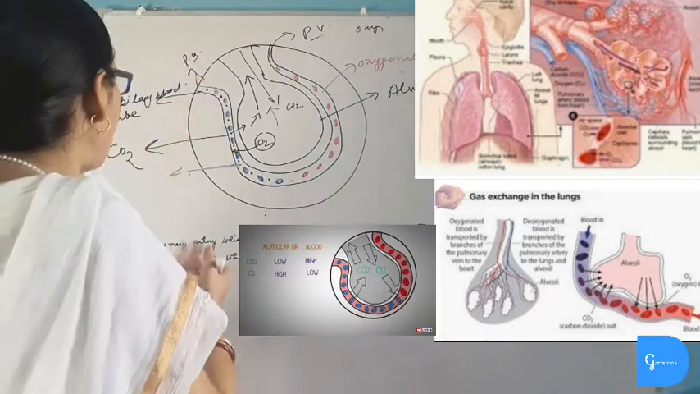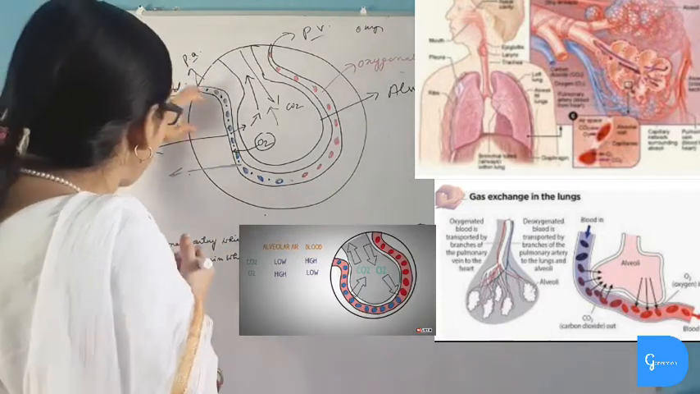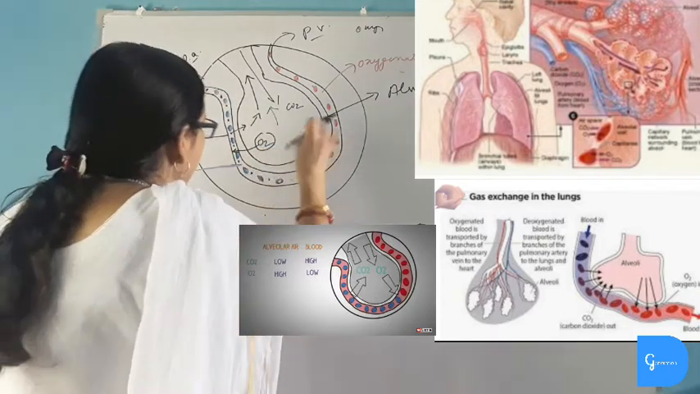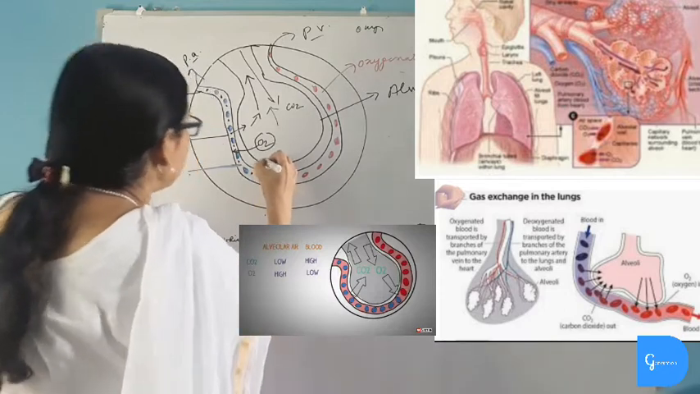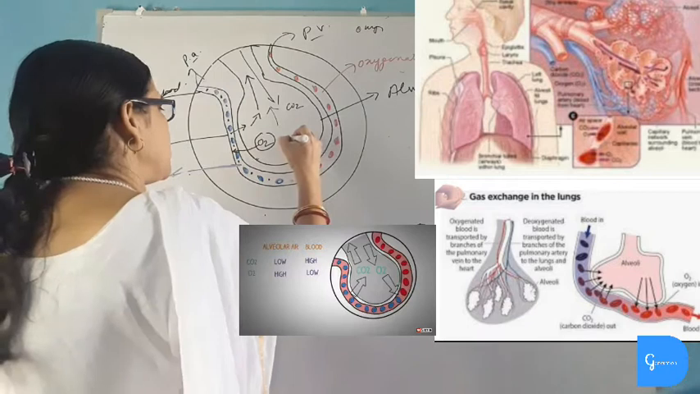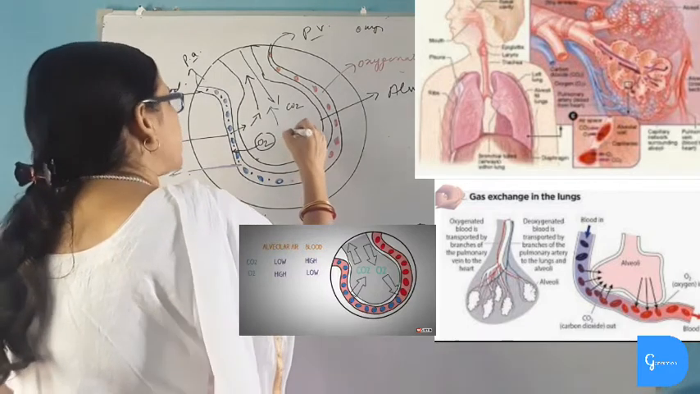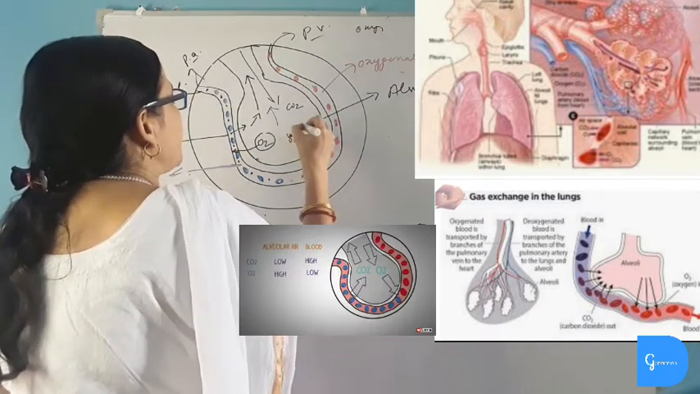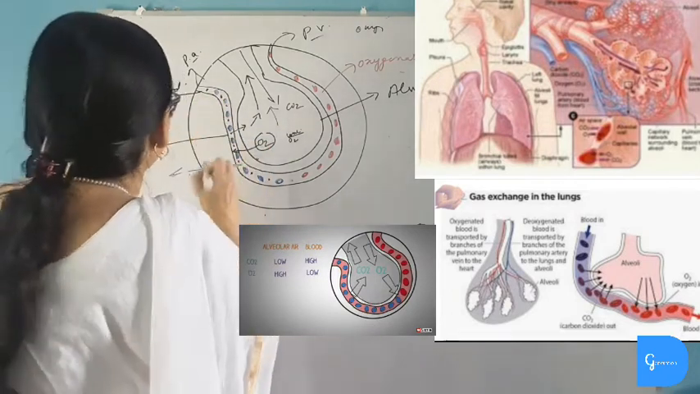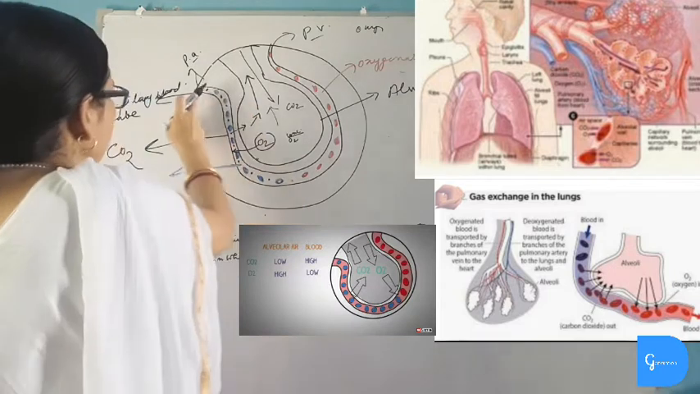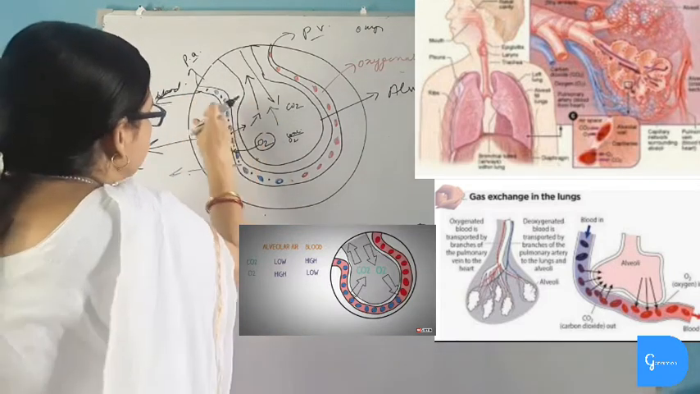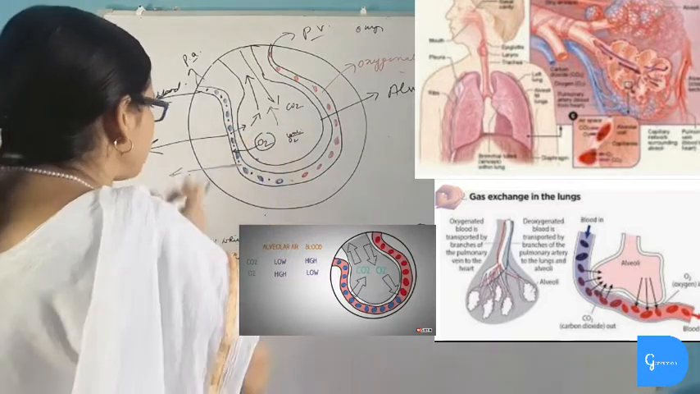Now when impure or deoxygenated blood enters the alveolar membrane, this is the alveolar membrane, there are alveolar pores, and this is the alveolar chamber. This chamber contains oxygen. The concentration of oxygen in the alveolar chamber is higher than the concentration of oxygen in the capillary blood tube. Now when this deoxygenated blood passes through this alveolus, exchange of gases takes place by the process